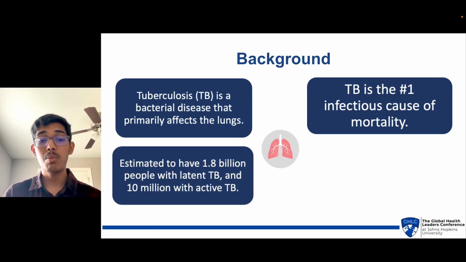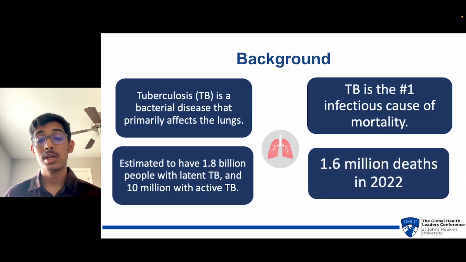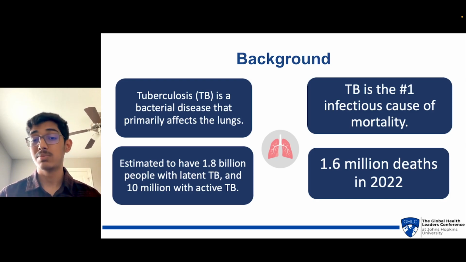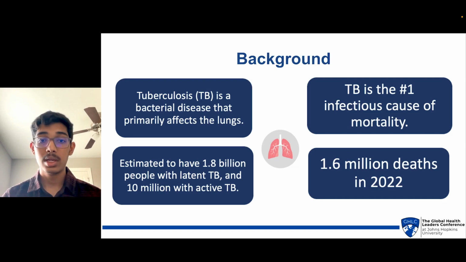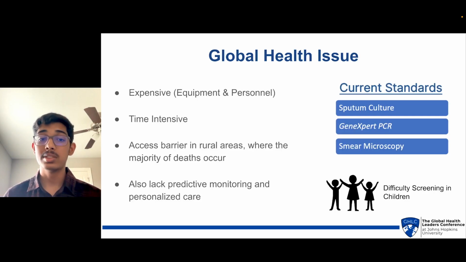Furthermore, it's estimated that 1.8 billion people have latent TB, while 10 million have active TB. Latent TB is where an individual has the TB bacteria but isn't actively infected. In addition, tuberculosis caused 1.6 million deaths in 2022. It can be seen that TB is a global health crisis, and one of the primary reasons is the current